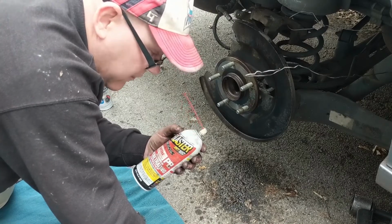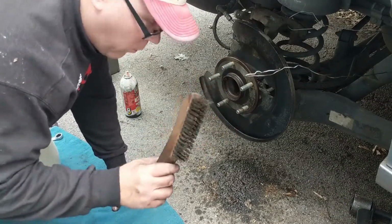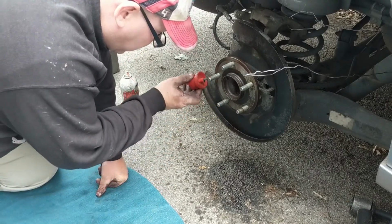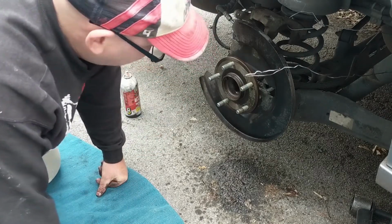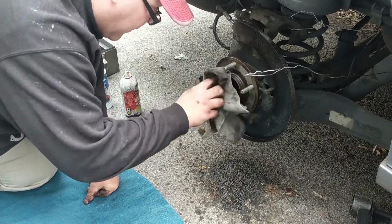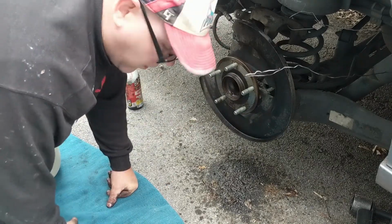I came back and hit it with this to give me a nice lubrication base so I can come in with my wire brush. I cleaned all this up real good with my wire brush, and then came in with my smaller wire brush, which is used to clean battery terminals, and got in around all the little places here. Once I was done with all that, I came back with my rag and cleaned it off. Now there's still a good little layer, and I got around this hub too, and it's still a good little layer of lubricant on there, and that's okay, because when I put the new rotor on,